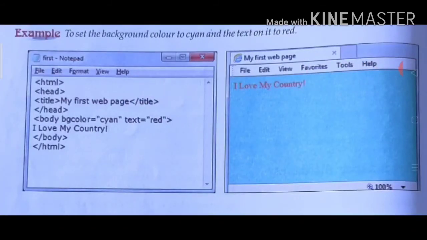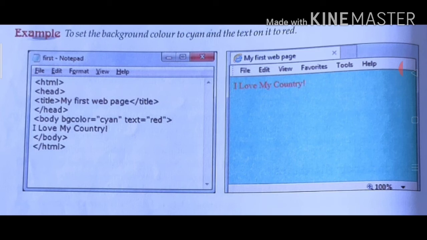Example, to set the background color to cyan and the text on it to red. How to write and create the source code for this type of web page will be shown. Firstly, you know how to open the Notepad program. After that, when your Notepad window is open, you can write first the HTML beginning tag, then the beginning head tag.